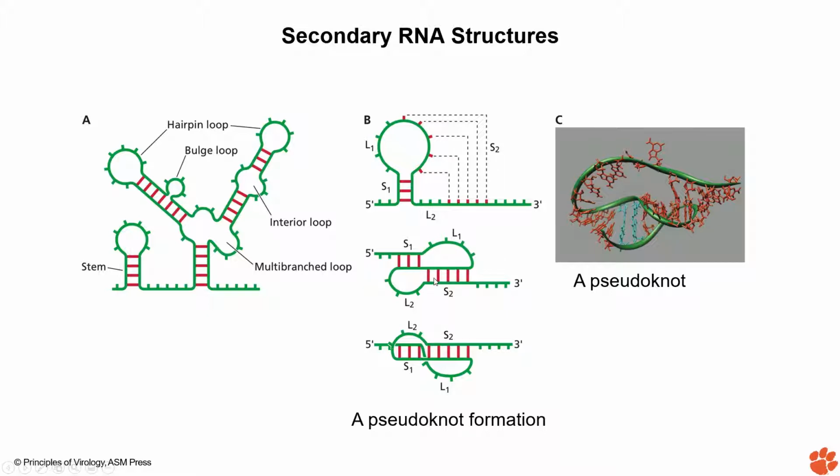And then how the pseudoknot formed, just think about that. You have this S1, L1 loop. You flip it on top of L2 and S2. You just flip it over. And if you just flip it over, just think about this way, then you have a kind of a pseudoknot structure. And the structure of that this is a molecular model which is structurally solved by X-ray crystallography.